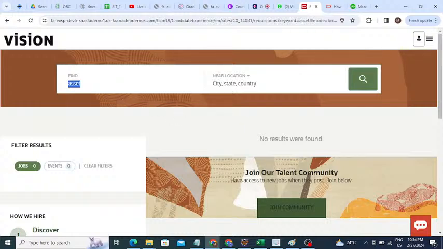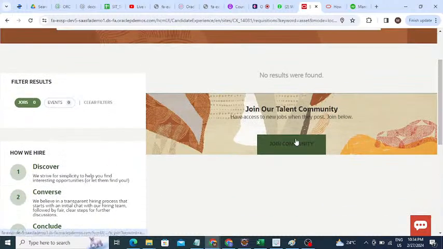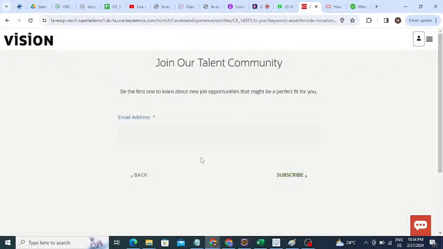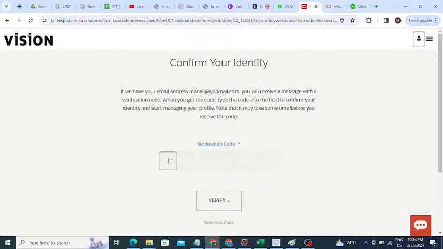So talent community is basically one pool, or one group, created in the system for all the external candidates. If you click on join community, it will again follow the same flow which we created as a job application flow. Same flow: you have to enter your email address and subscribe to this community. Based on that email, a verification code will be sent to you. Once you have verified that code, then a few details like